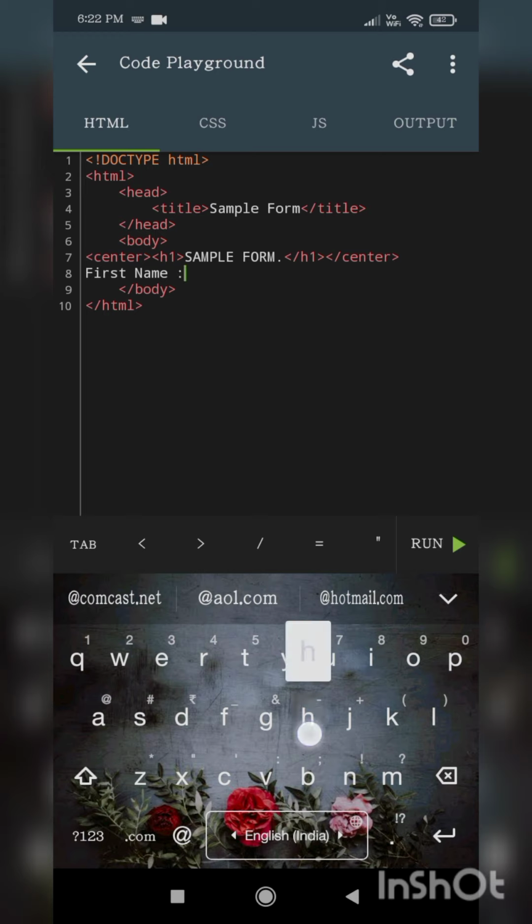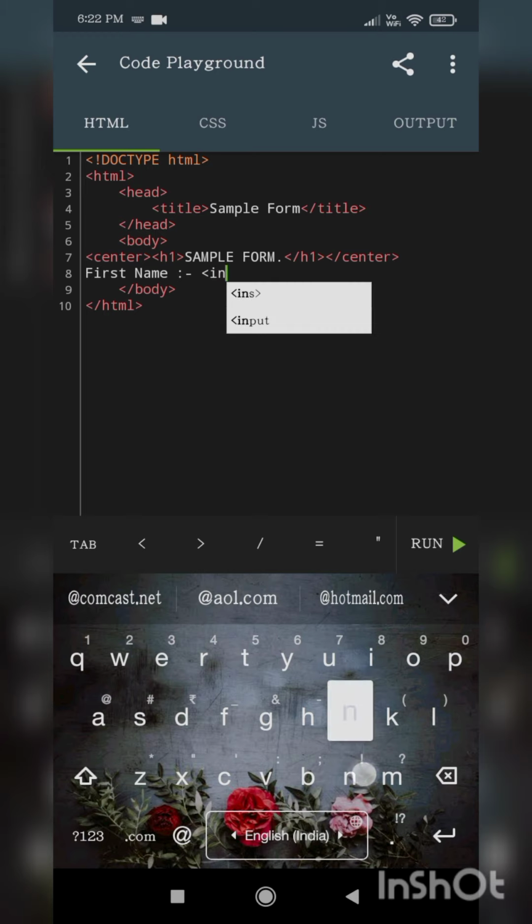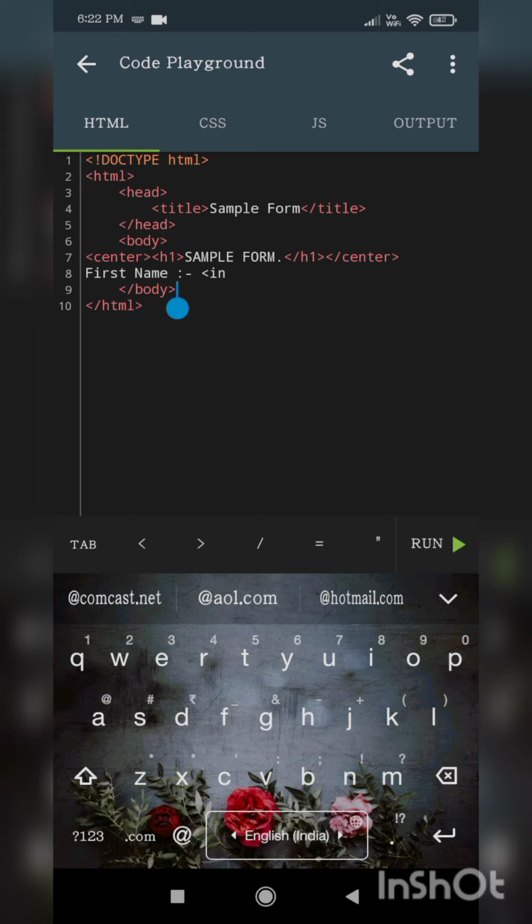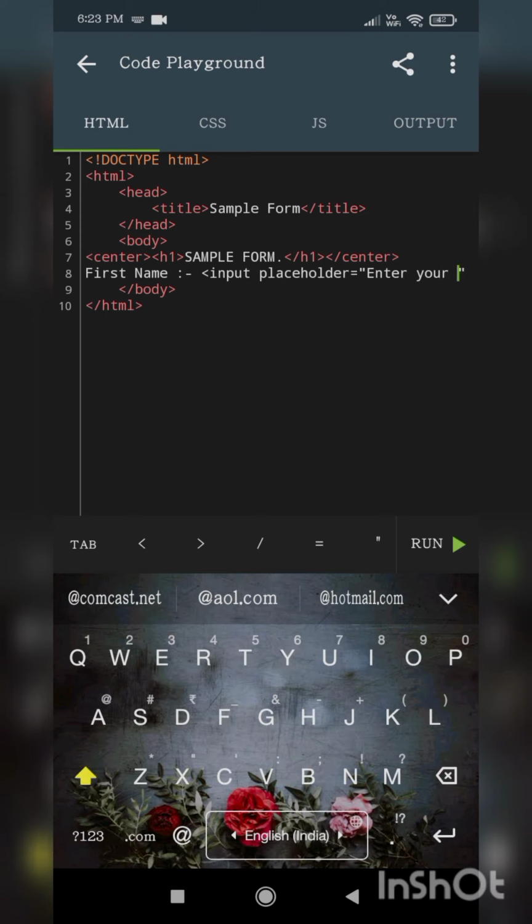Here you should use the input tag. In that you should use the placeholder attribute. In that you should write enter your first name.